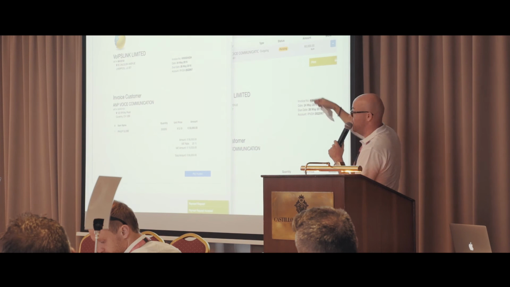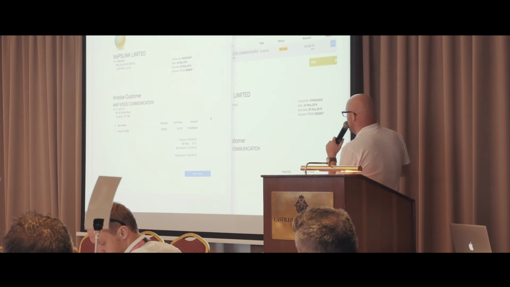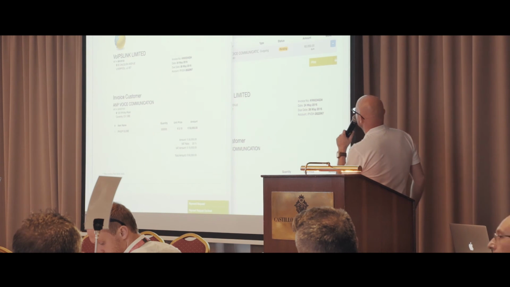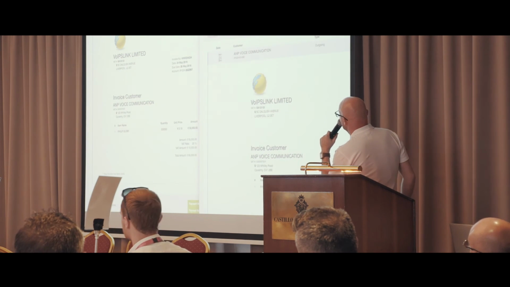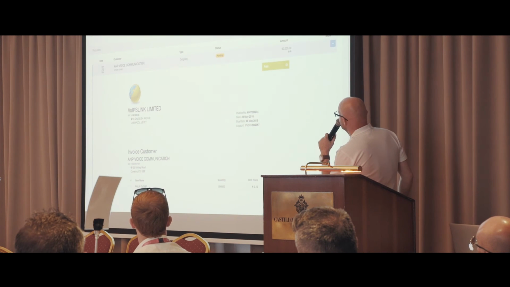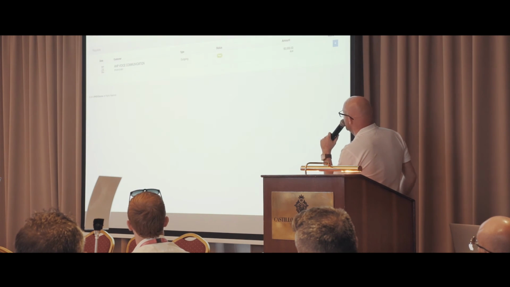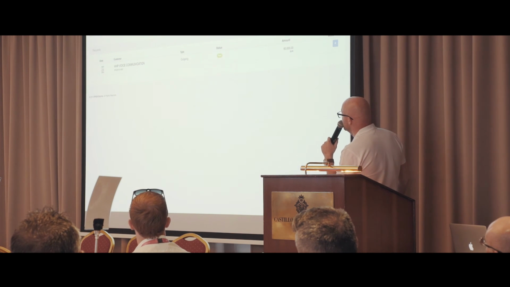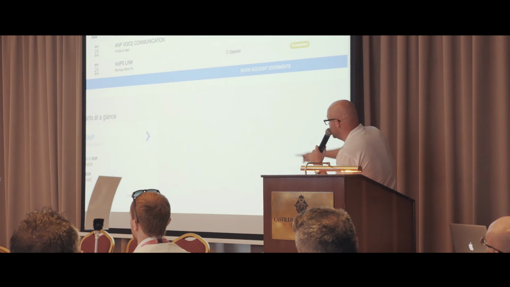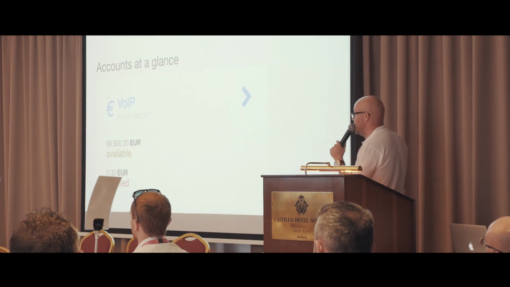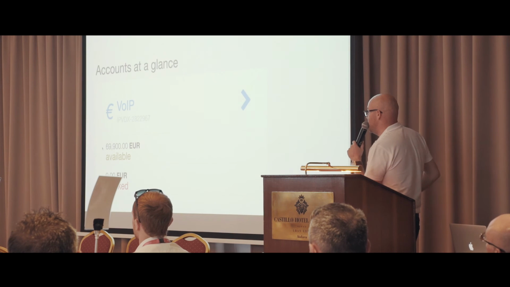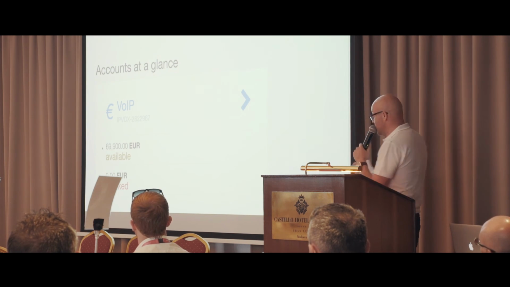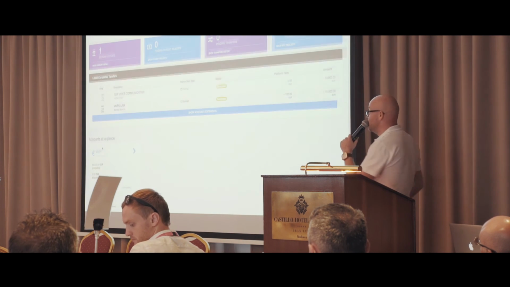He looks at it again, he can view it, print it, download it, and then he wants to pay his invoice. So now he's going to pay the invoice. And you'll see now, it's been paid, outgoing. And now you can see his balance has moved. Obviously, it took their escrow fees, and now you can see 69,900 for this demonstration.